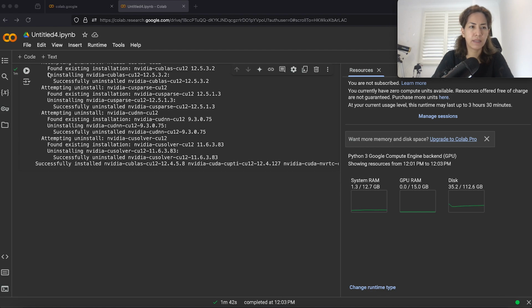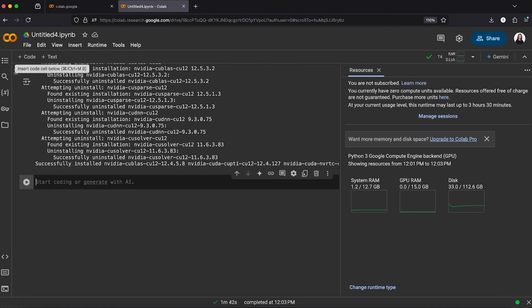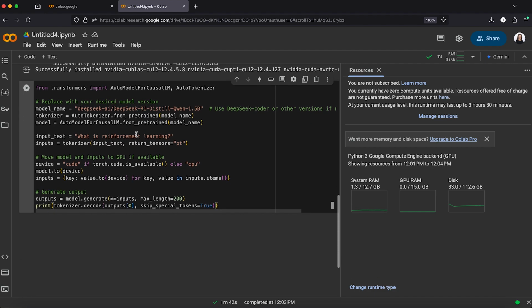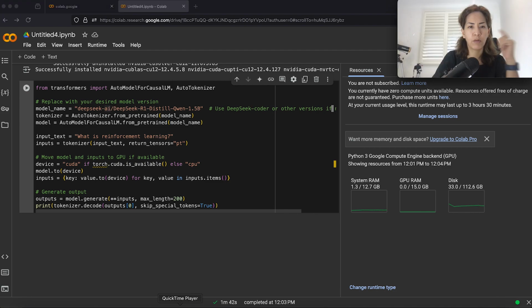Okay, now that it's installed, I'll create a new line and add my code here, where we're implementing this. We want to get DeepSeek R1, the 1.5 billion parameters version. I chose the smallest version to be able to run it on Google Colab. Then I get the tokenizer and fetch the model. Then I'll pass a prompt to that, and then we get the outcome